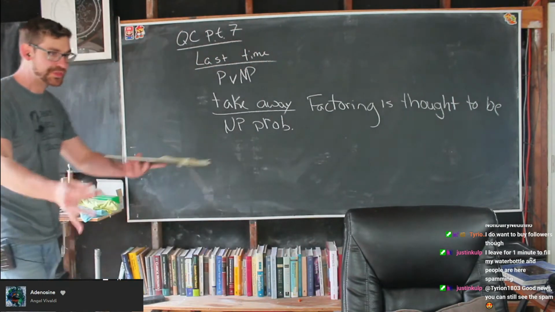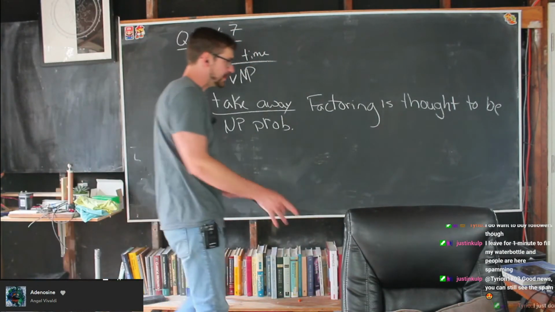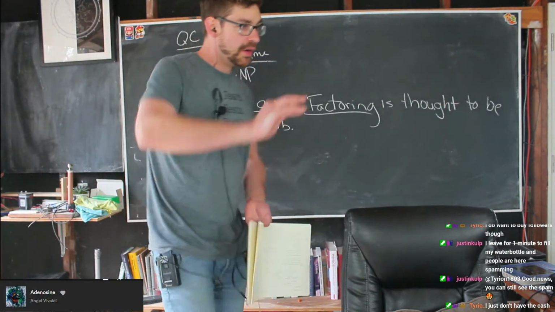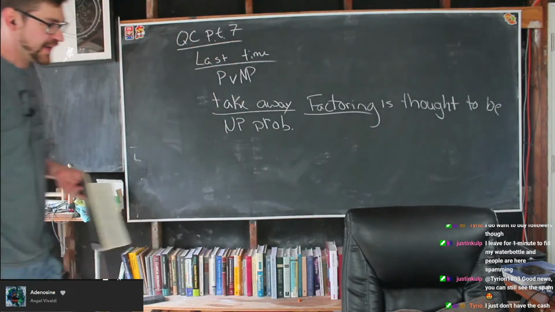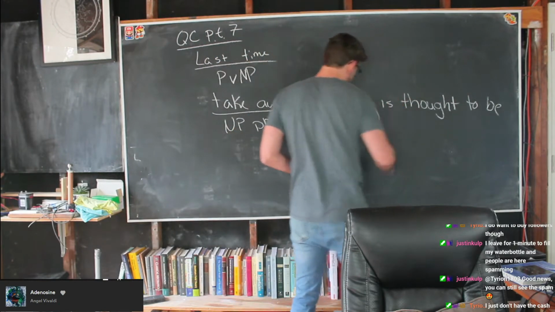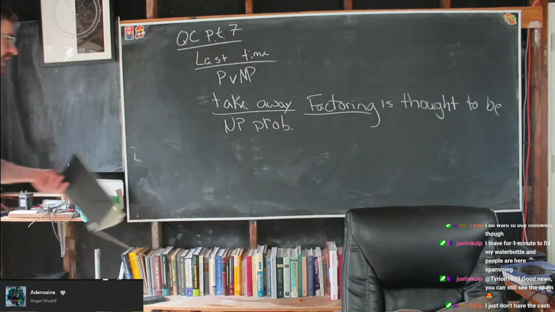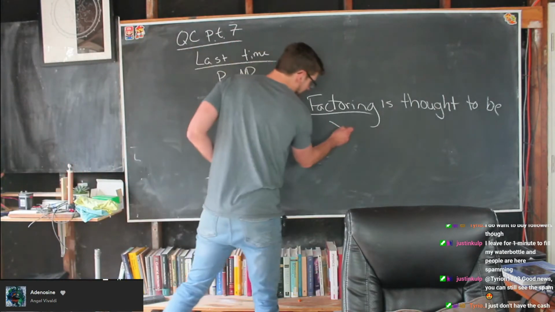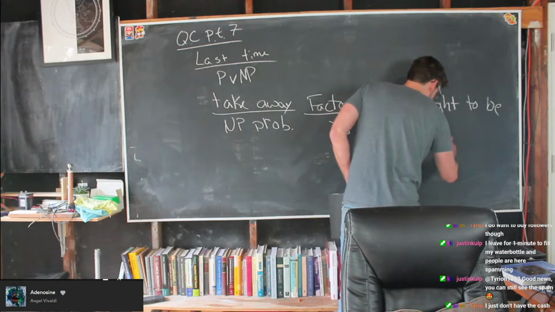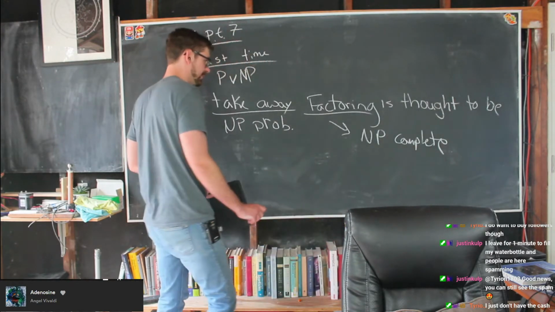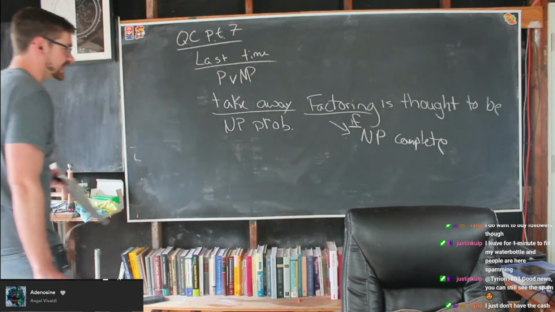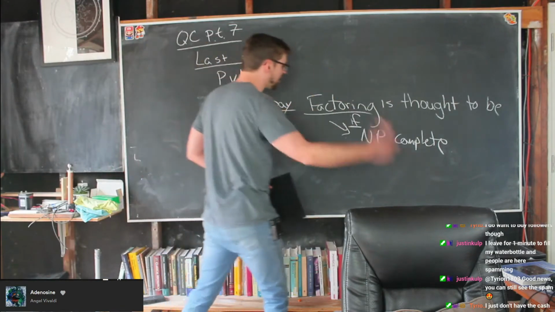So here's the cool thing about quantum computing: it knows how to do factoring. That's something that we've got pretty under control. Factoring is solving a factorable problem with a quantum computer, at least in theory. Maybe not in practice, but at least in theory. So now, if factoring turns out to be NP complete, and I should say that's a big if, then we know how to do all NP